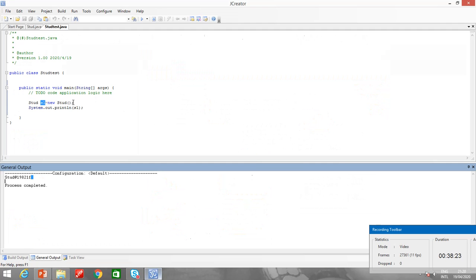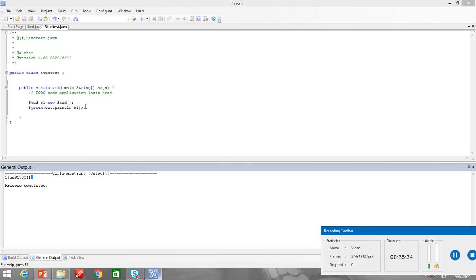For example, I will do the same thing over there. Let's go to the program. Alright, I created another object: Stud s2 is equal to new Stud. Now let me do the same thing and print the object S2.